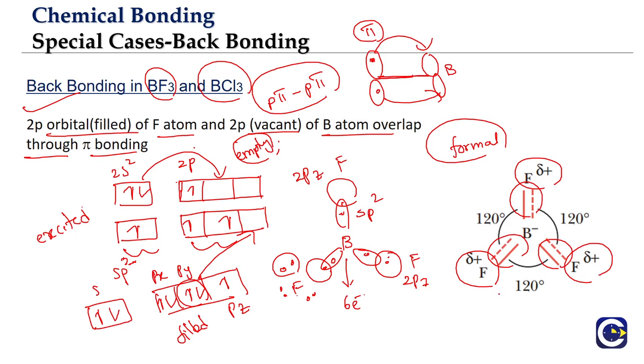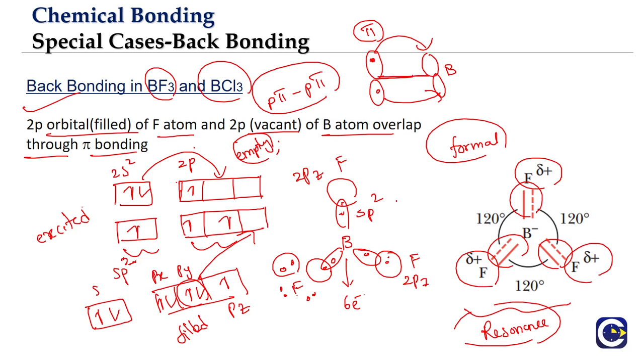But what is the reason for this kind of phenomena? It is the resonance. So there are three possibilities, right? We can have the back bonding from fluorine 1, also from fluorine 2, also from fluorine 3. So the actual molecule is going to be what? A resonance hybrid, and this resonance energy will also be able to stabilize the BF3.